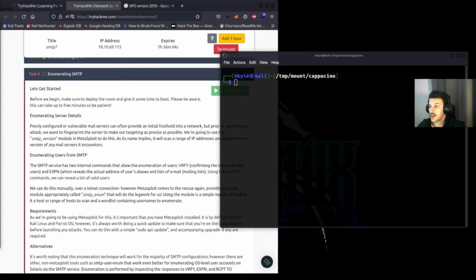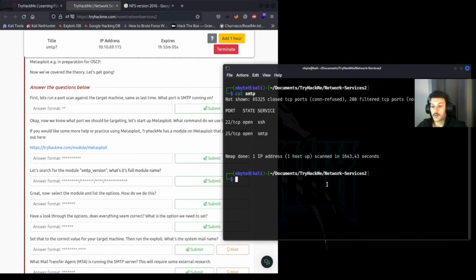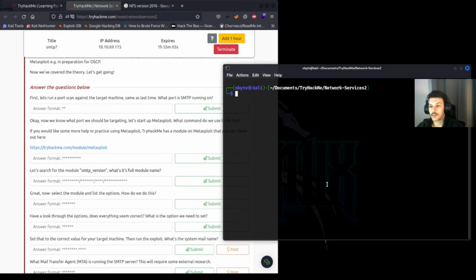Alternatively, you can use non-Metasploit tools like smtp-user-enum to enumerate OS level user accounts on Solaris via the SMTP service. And if you haven't already, go ahead and run your nmap scan. It'll look something like this: